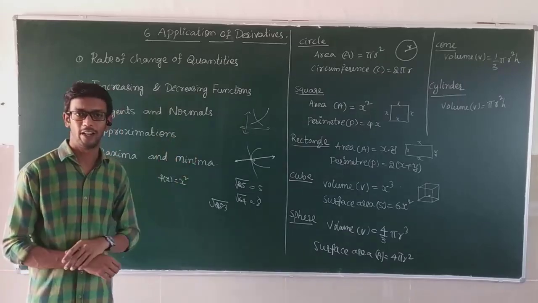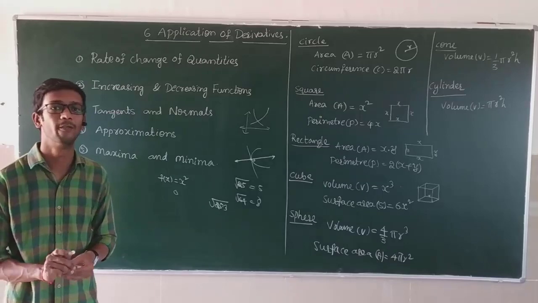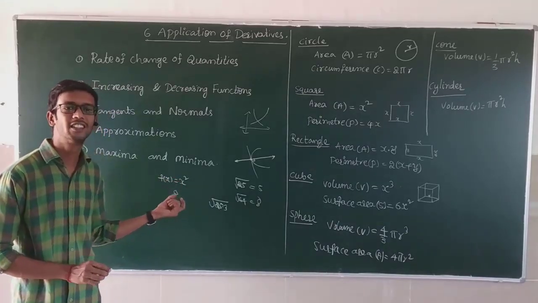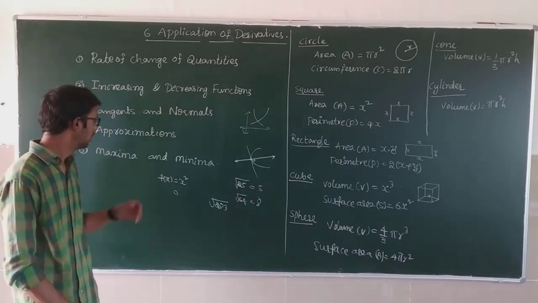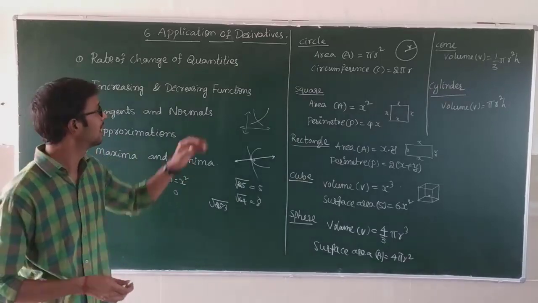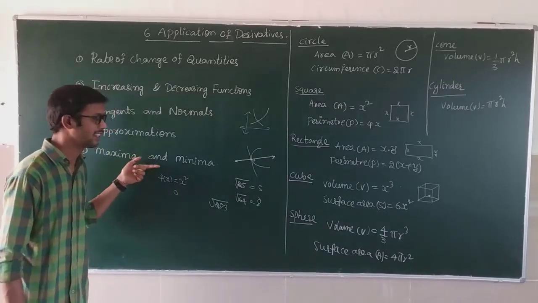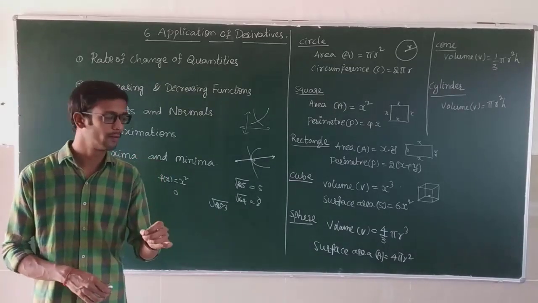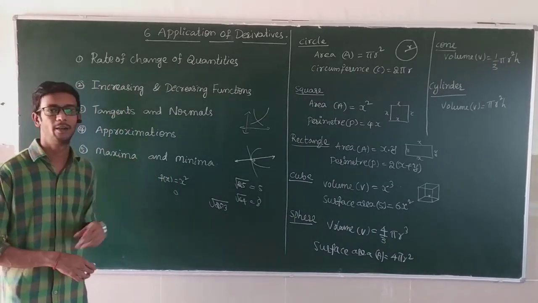Maximum value we can't find, but the minimum value is 0. This is a very small equation, so that's why we easily get the minimum value. For lengthy equations, we'll use the application of derivatives for finding the maxima and minima. There are 2 different theorems; by using those theorems, the derivative tests, we'll find the maximum and minimum values